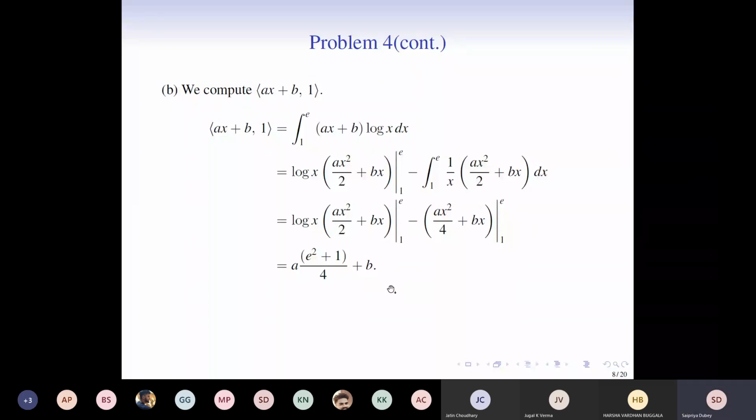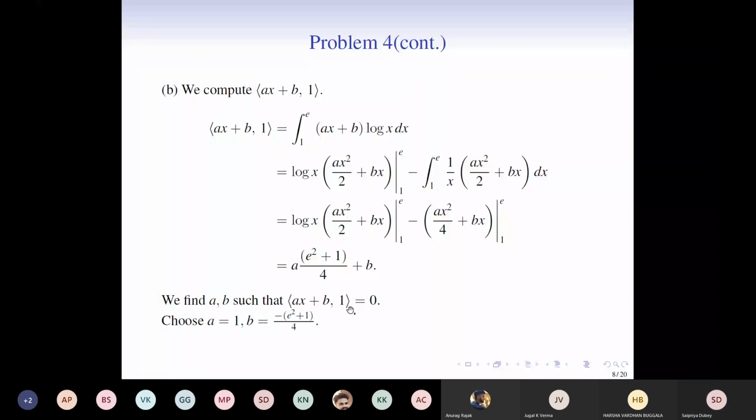Okay, so we have to find out a and b such that the inner product is equal to 0, which means a and b such that this particular expression is equal to 0. So you can choose any two scalars, any two real numbers a and b which satisfy this. So I've taken a to be equal to 1 and b to be equal to this. Yeah? So any such combination would do.